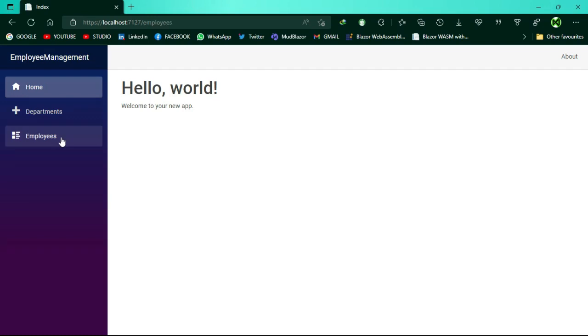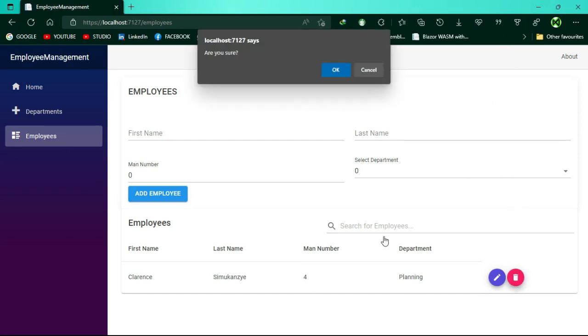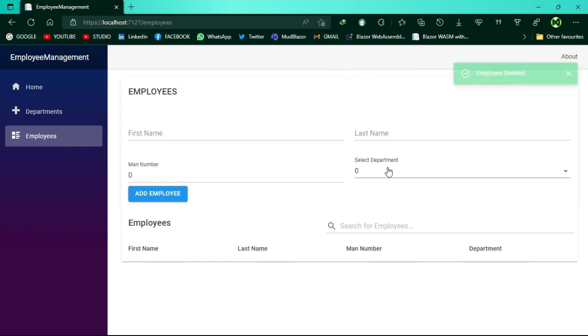So now let's go to the employees. All right, let's check. Get to the employees page, and we should be able to see whether we have some employees yet. So I don't think we have. Okay, so I just added this to the database in order for us to show whether we are able to pull. But then let's take, for instance, we don't have anything from the database. All right, and also